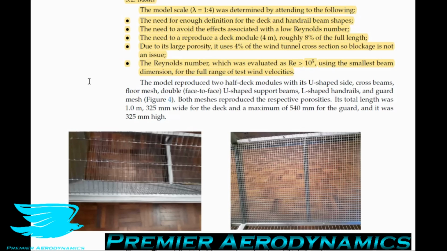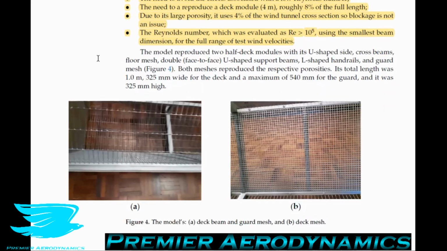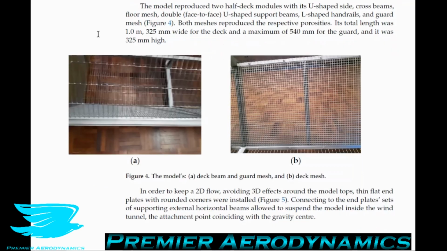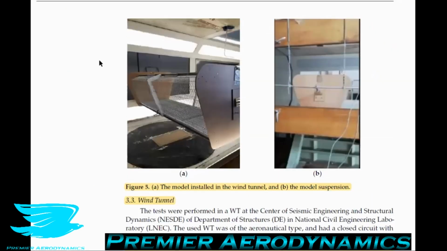The Reynolds number, which is evaluated as 100,000, sorry, using the smallest beam dimension, and for the full range of test wind velocities. So they've used a massive section here to test, and even though it's in a wind tunnel, it's still a really big section. And they say for the model installed in the wind tunnel, and they have some pictures here, they have one